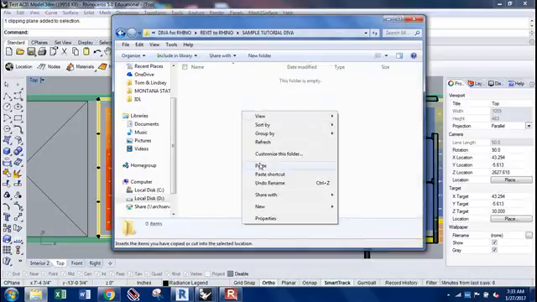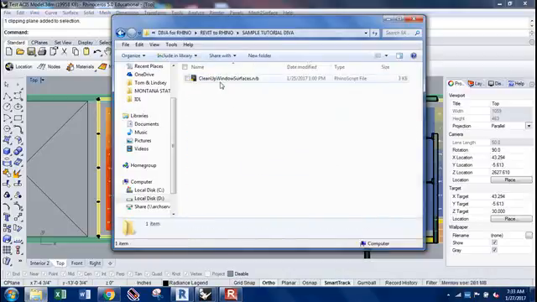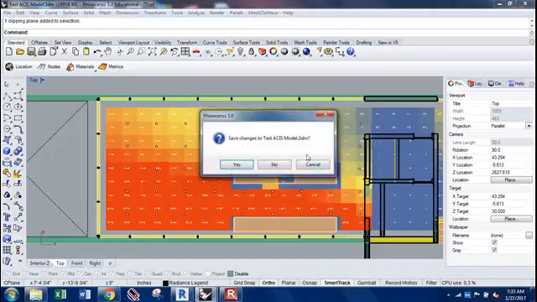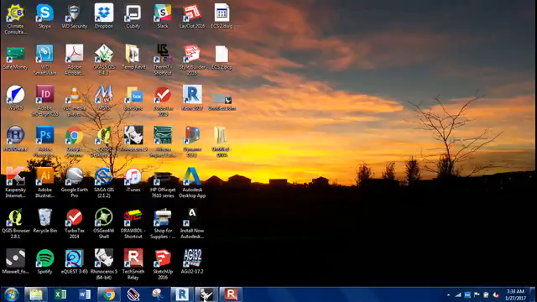So once I paste this script file, I'll be able to access that relatively easy later. So I'm going to go ahead and close out all of this and go right into